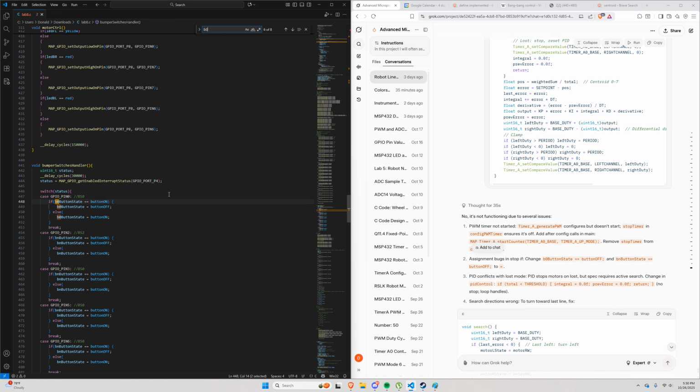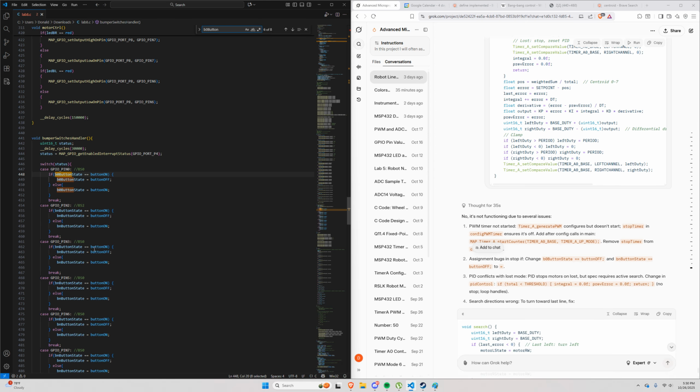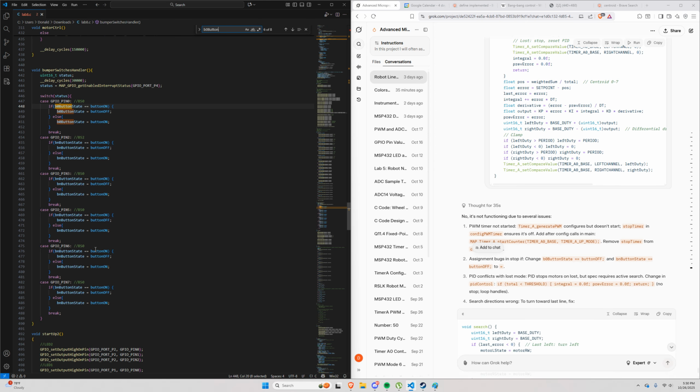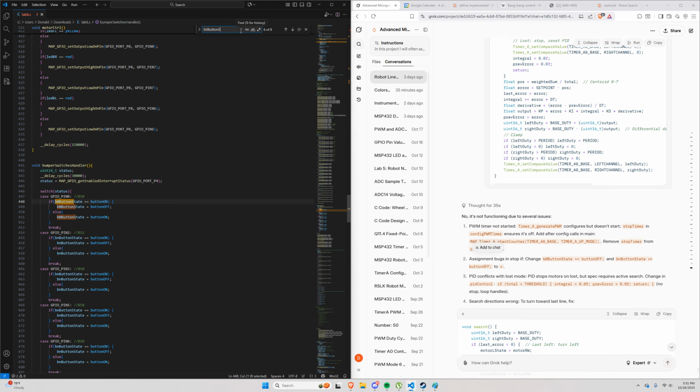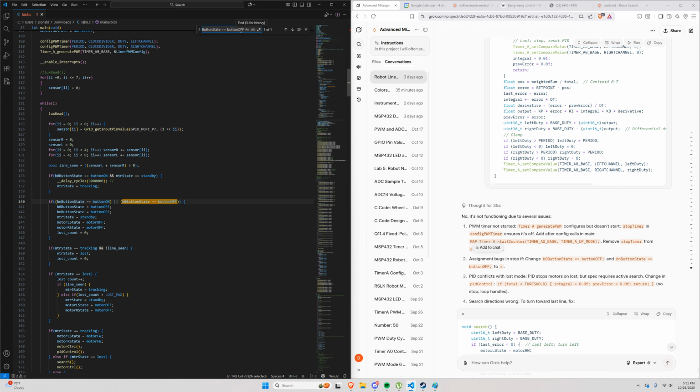Regarding the assignment bugs, I thought I fixed those. If button state, button on, button off. This is right, this is right, this is right, this is right, this is right. Button state B0, button state is equal to button off, and stop if